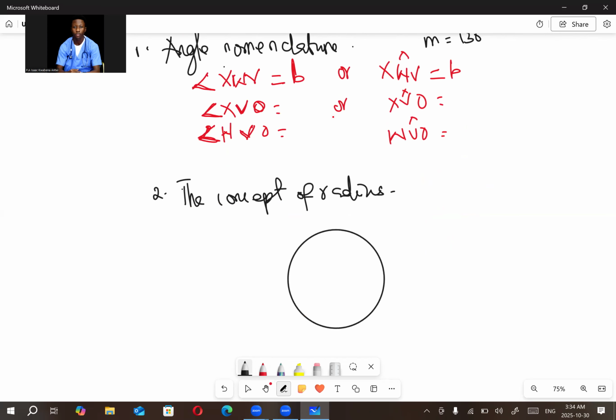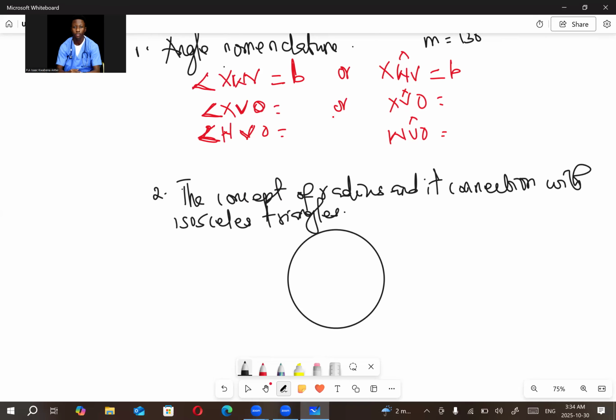The concept of radius and its connection with isosceles triangle. Okay. So now,